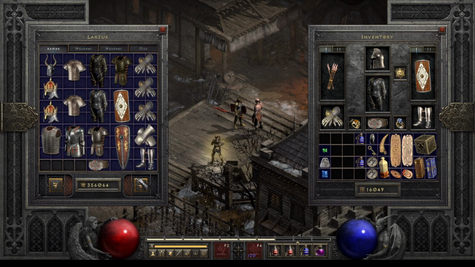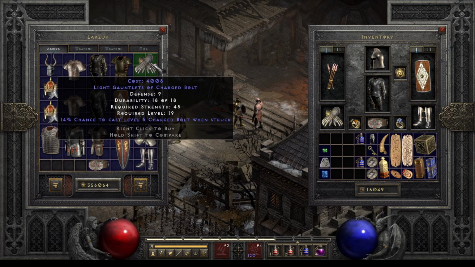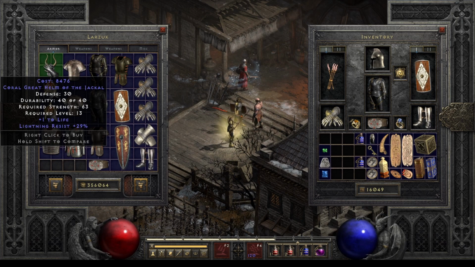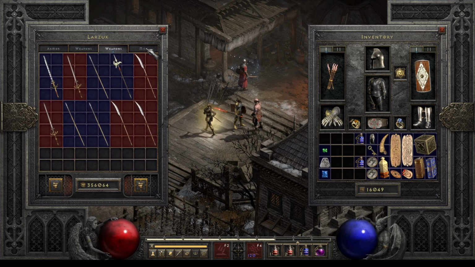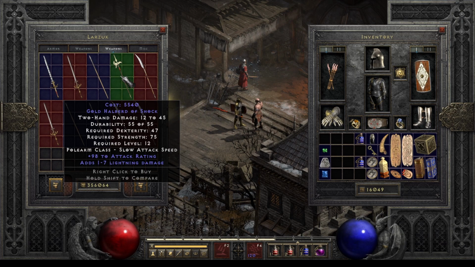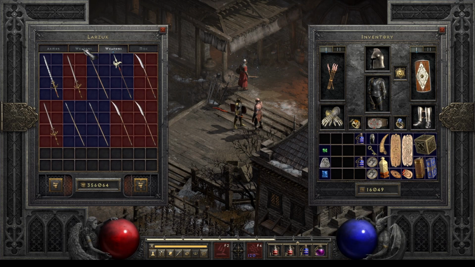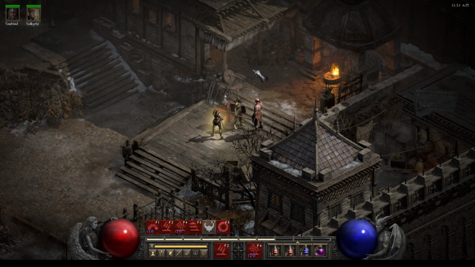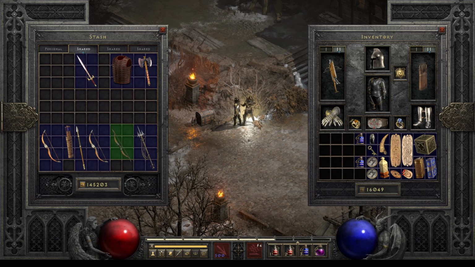Right, not the best, but we got 16,000 from it at least. Damn it, I got excited because it was a 2-socket helmet, but it's mechanics and not just socketed. That's irritating. Wondering if any of these are socketed. No. Okay. Fair enough. Okay, we do not have an Eth rune at the moment, so we'll just put this